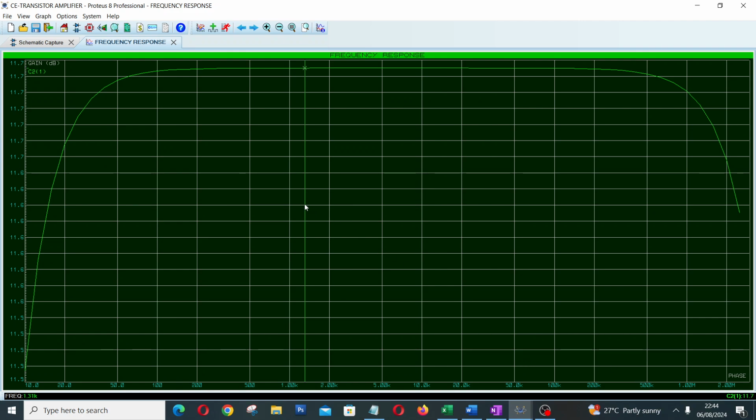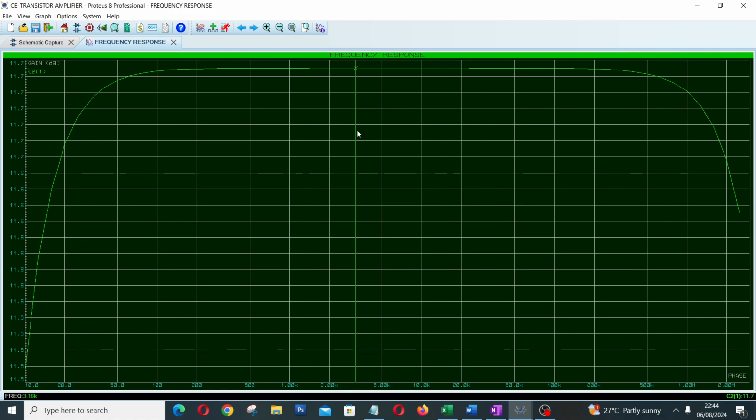You see that as the cursor is moving, the frequency is changing, because the x-axis of this graph represents the frequency, while the y-axis represents the gain. So at this point, this is where we have the maximum power of this system. Now in the analysis of a frequency response, we calculate 70.7%